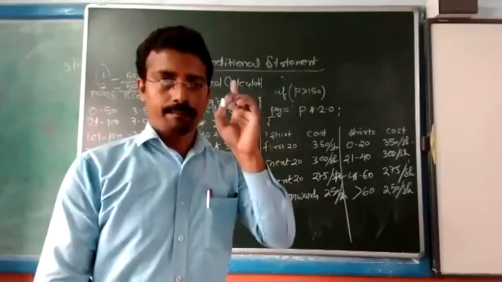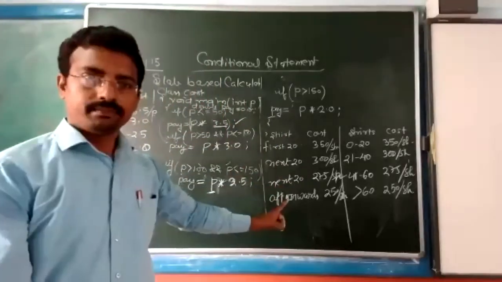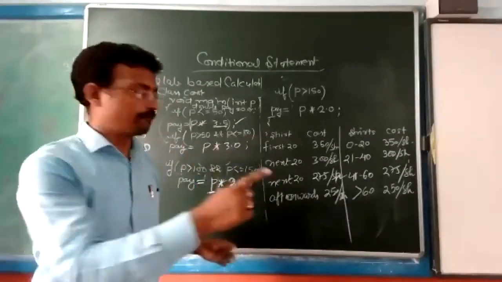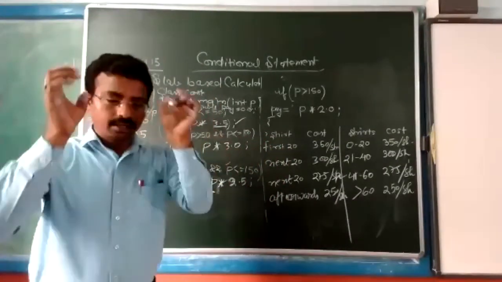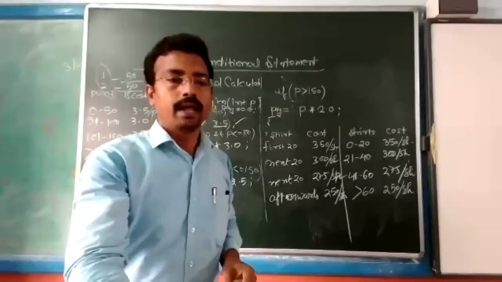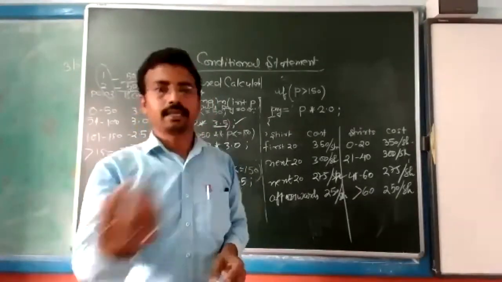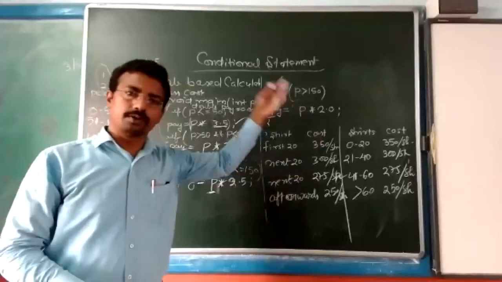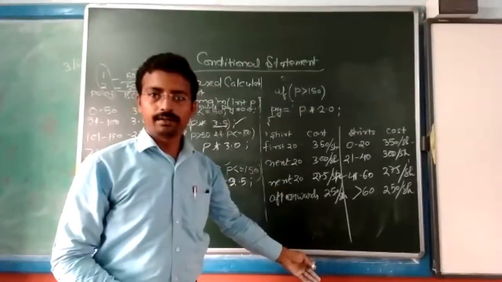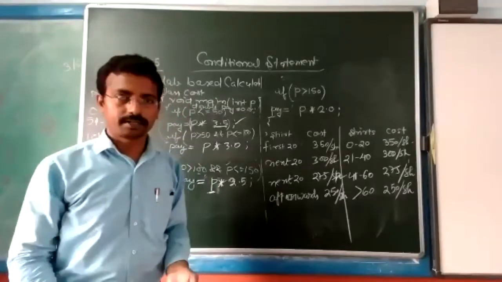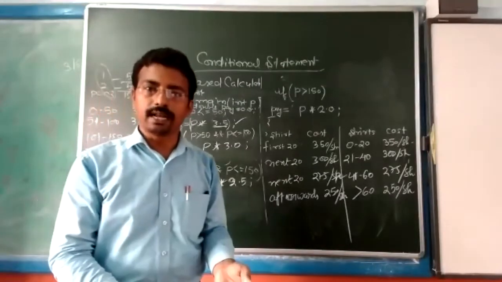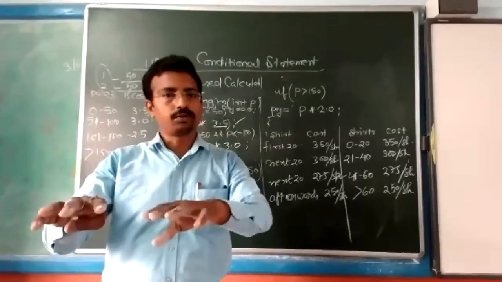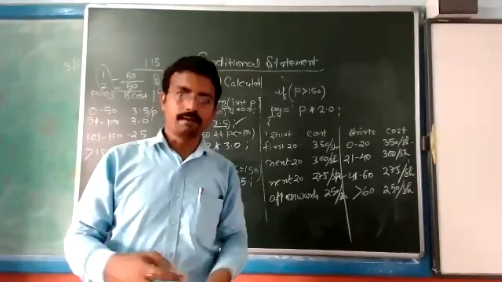Do it one time honestly, without copying, and in such a way you can make multiple questions from your side, especially focusing on slab based. Like, I have gone to a shop and purchased 5 copies, 10 copies, 20 copies. So first 5 copies, next 5 copies, next 5 copies, like that. You can decide the cost. Practice will make you perfect. So generate programs from your side and write them. And if you want more efficiency, execute directly on the computer, so you will become more efficient.